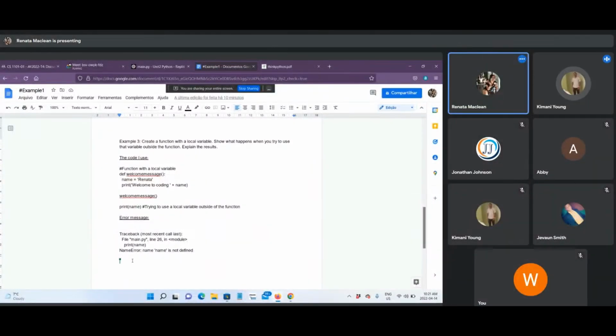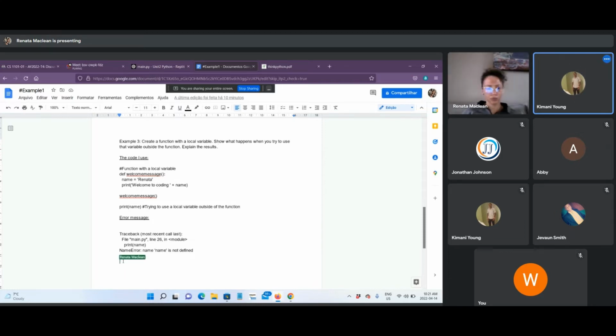Alright, so let's start typing our thing. So the program gives us, you could say something like, the program, just start typing below where you have that green cursor line there at the end of the page. Yeah, that's where we're typing. So you're going to say something like, the program gives us a name error because it cannot use a local function variable.